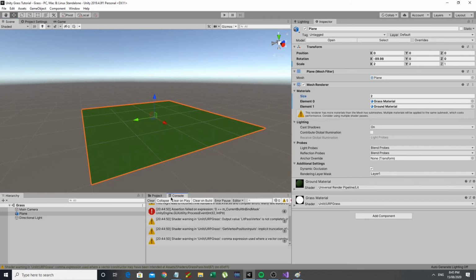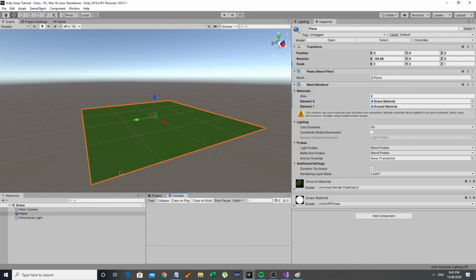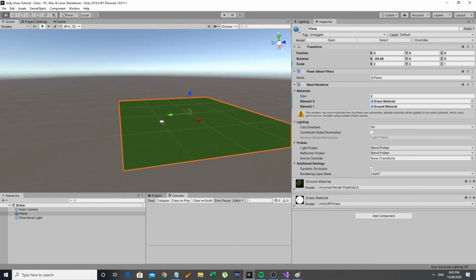One thing to note is that the console will continuously yell at us. Actually no, here it will tell us that it has more materials than submeshes, and this warning should not be ignored. It's basically saying that this is not an efficient way to do it, but they actually haven't given us another way to do it. So this tells us that we probably shouldn't be doing this, because this is rendering this mesh twice, and it does affect performance. So if you had a lot of these meshes,